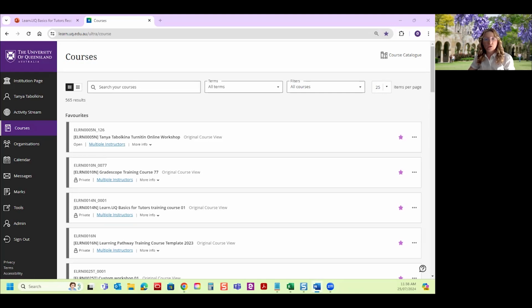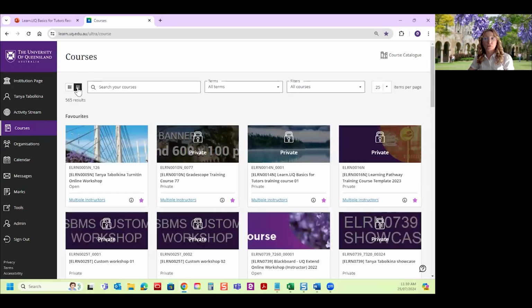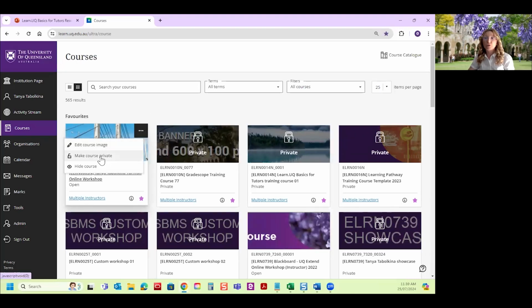So what other things could you do here? You can also hide and make available, open your course from here to students. So regardless of the view, whether you are in list view or on the grid view, we go to those three dots icon again. And once we select here, "my course private", once you select this option,